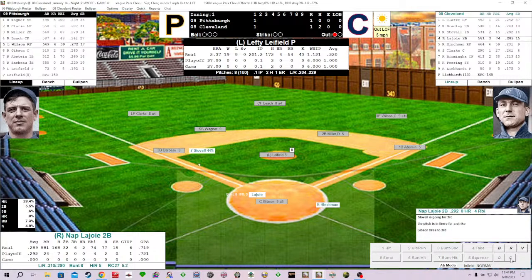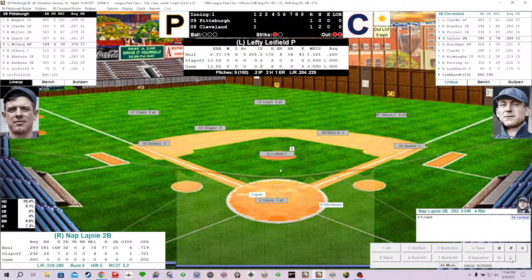First pitch swing. Oh, there's the throw down by Gibson, and they're going to get Stovall, who was trying to steal third. So base is empty, 2 away. Nice heads up, quick throw by Gibson. And lefty Leafield giving him something to throw, getting that in there quickly, and gunning down the runner. So caught stealing, empties the bases, 2 away.